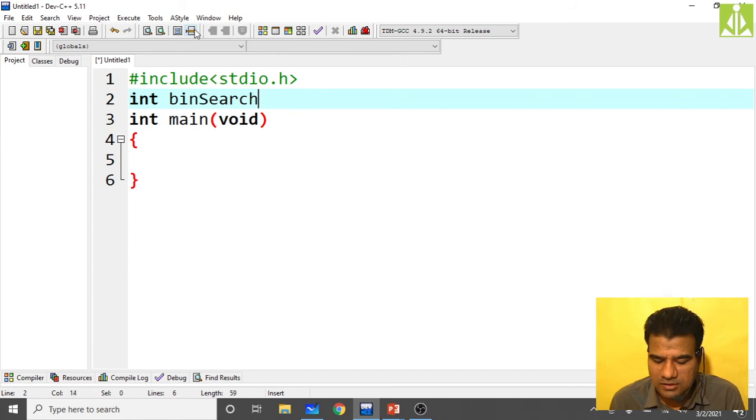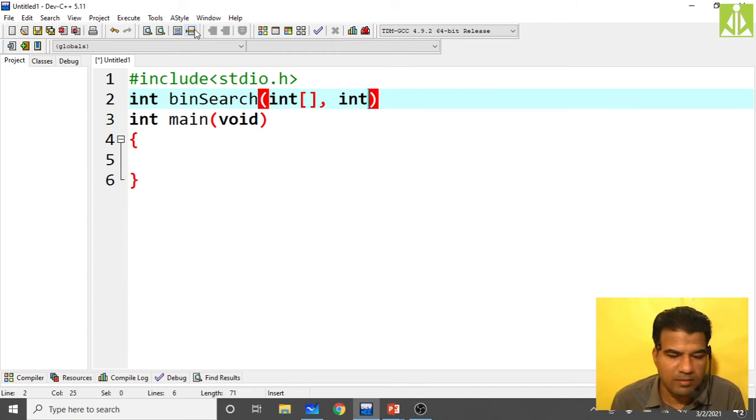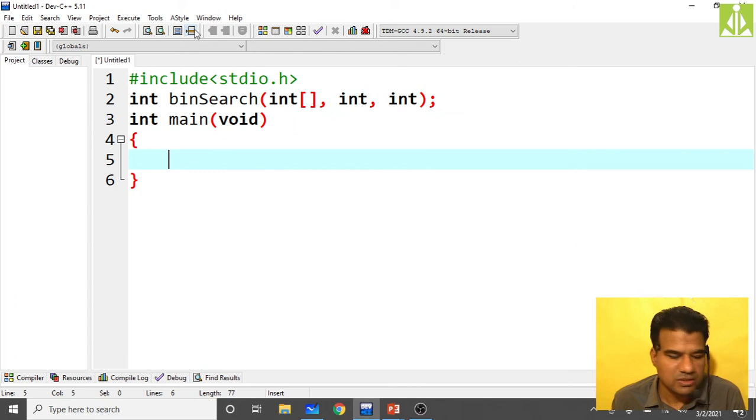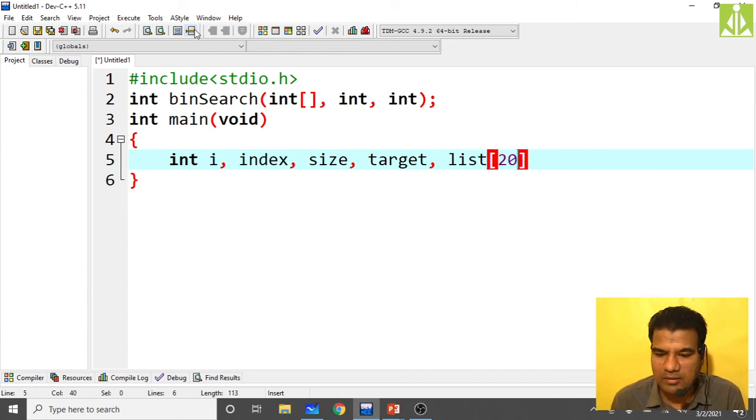Binary search will take the list, which is an array, a target, and the size of the list, three parameters. Then declare int i, index, size, target, and list of 20 elements.